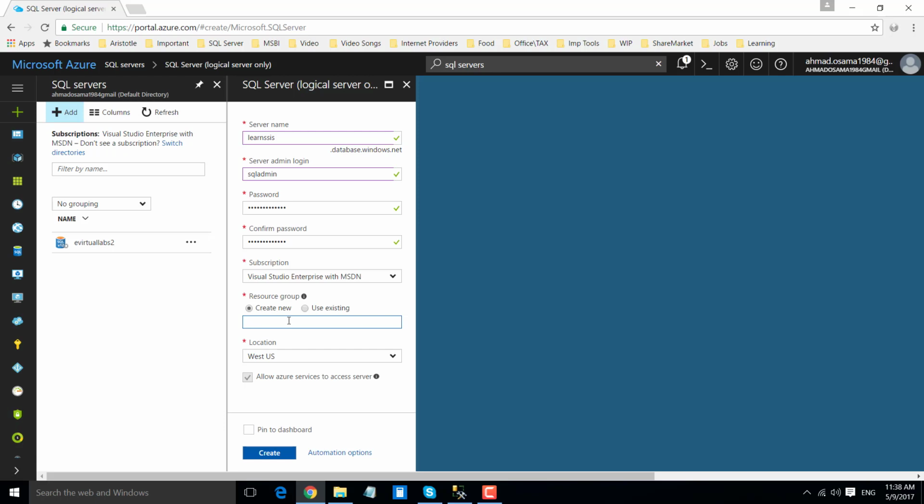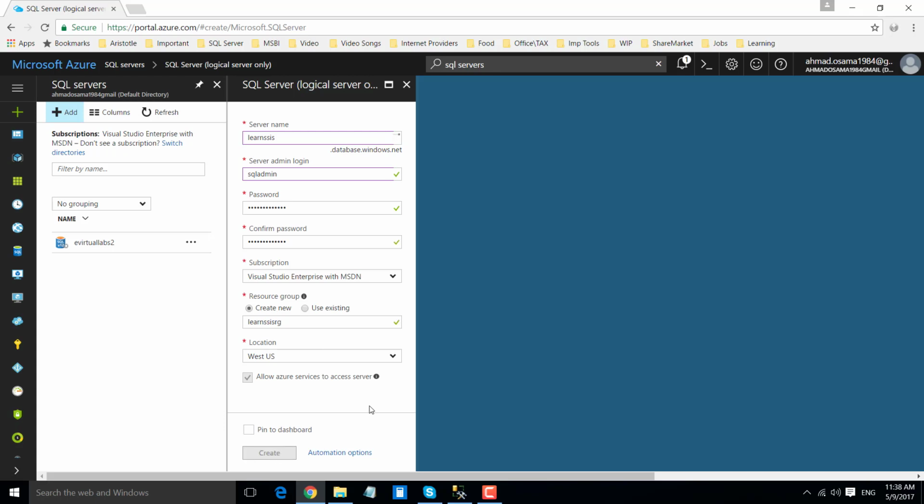You can think of a resource group like a container. In that container the SQL server will reside. So just type a name for the resource group like learn SSIS resource group RG, okay, and leave the location as West US. We are fine with that.